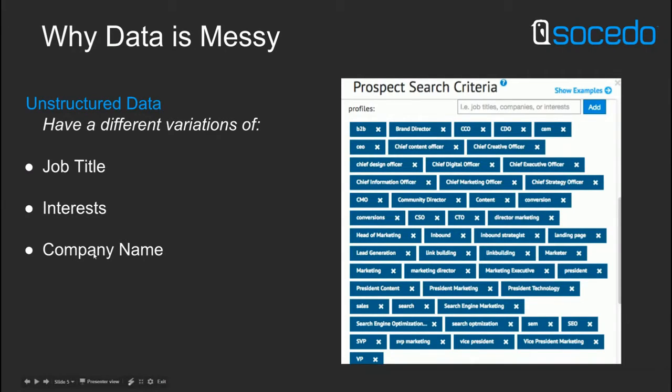Finally, company name is a really interesting one here. Most people don't necessarily consider this unstructured data. It's a company name. It's pretty set. You just put it into a field. But unfortunately, even company name can be somewhat nebulous. A lot of people add prefixes or don't add the suffixes to their company names, like LLC. Would you add that or not?